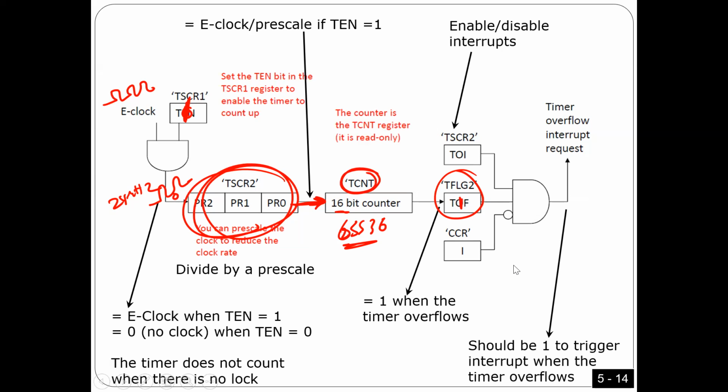Three conditions are true. Number 1, CCR. You remember CLI that I explained before. Number 2, this bit here to enable interrupts. If all interrupts are enabled, there should be 0 here. If you enable this interrupt, there should be 1 here. And every time the timer wants to trigger an interrupt, it puts 1 here in the flag bit. If this is the case, you are going to trigger the interrupt. So there should be 3 conditions as I explained before. This is a global, this is a local, this is a flag bit.